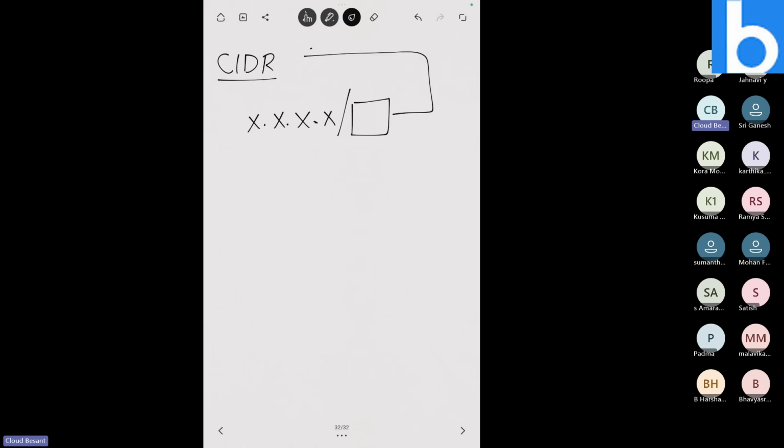Now, an IP address will have one number after a slash. That number is known as CIDR. Now, if someone puts the CIDR number as 16, then you can able to